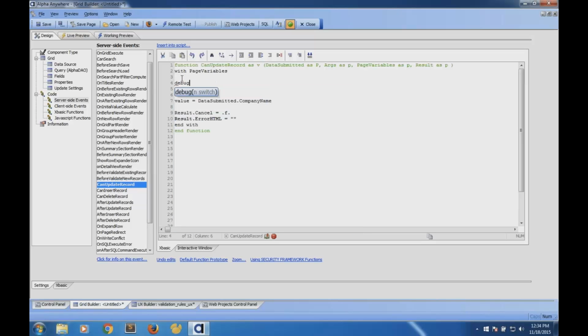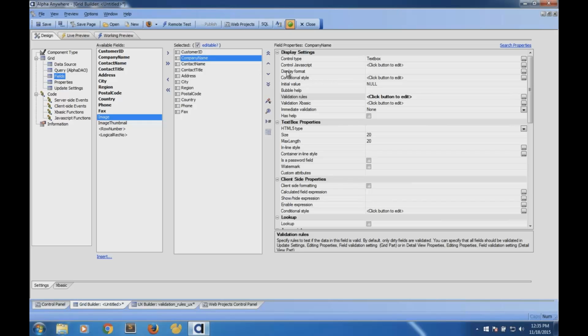But what I can do then is put in a debug in here, and much like I showed you before, when this fires, it will trigger this debug, and then I can inspect what is actually being submitted into the grid and really make sure that it's not an empty field. The other thing that I like to look at, and this is another tip,